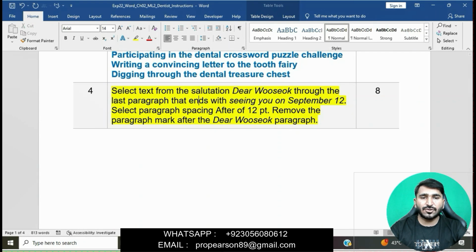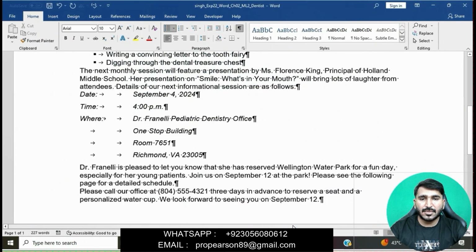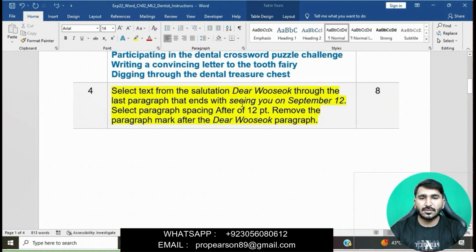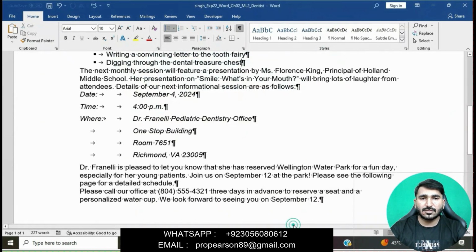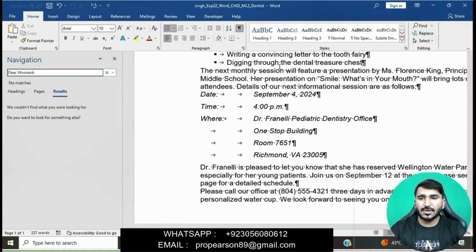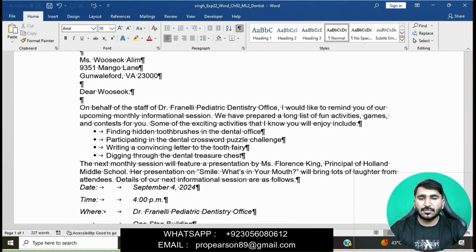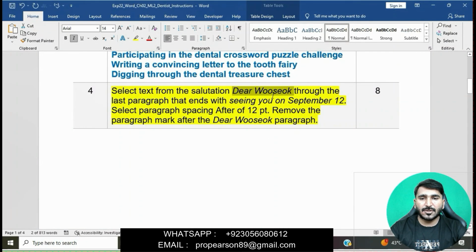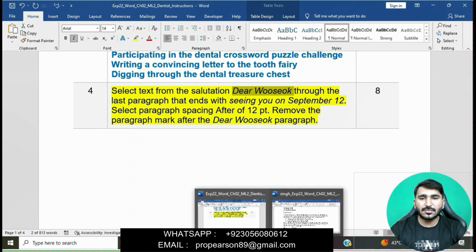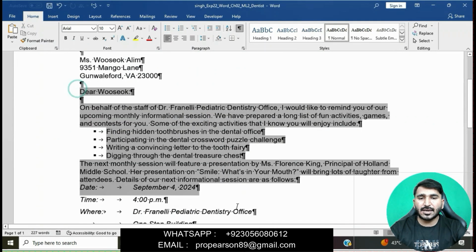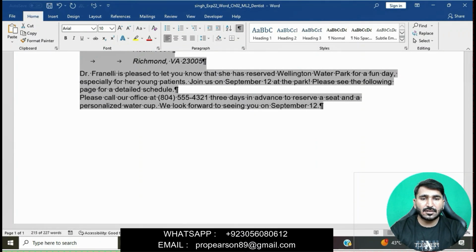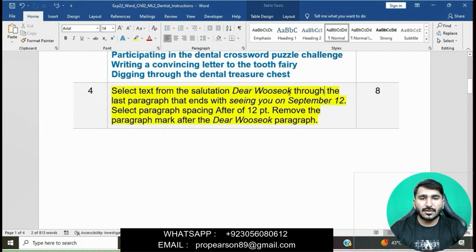Dear, we will copy this and then search for it, going to the navigation pane. Here is Dear Wasik. Now we will select this text ending with September 12.